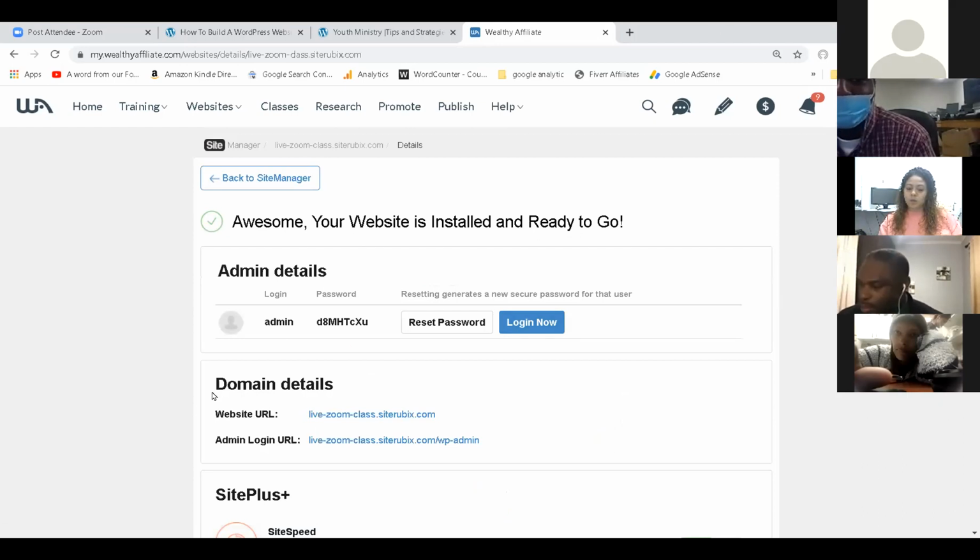Okay, so now let me write this stuff down. And again, if you have any questions, just hit me up at the end. Now, this is very important information. Where it says login, you want to write that down. It says admin. Password, that's my password. Now, of course, when you set up a website, it's going to give you a different password, but this is mine. I need this every time I'm going to make changes to my website. I need to log in with this information. So it's very important that you write it down.